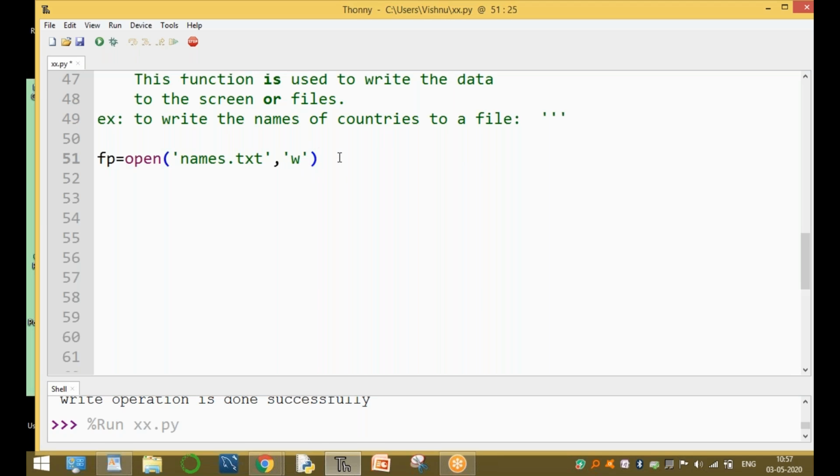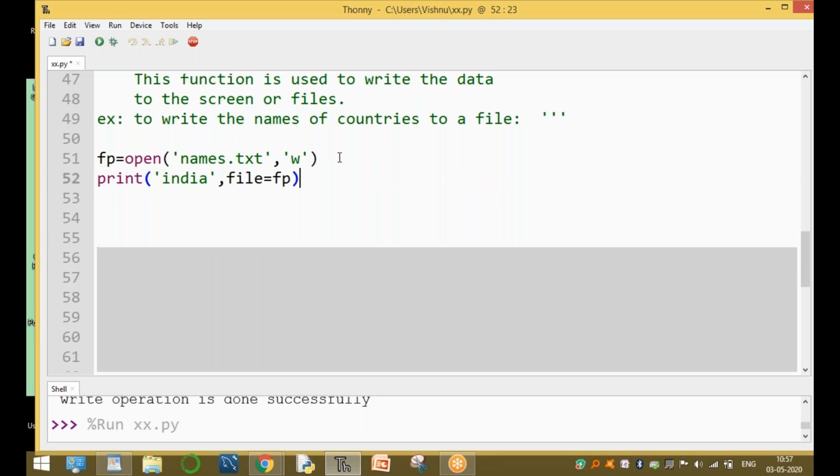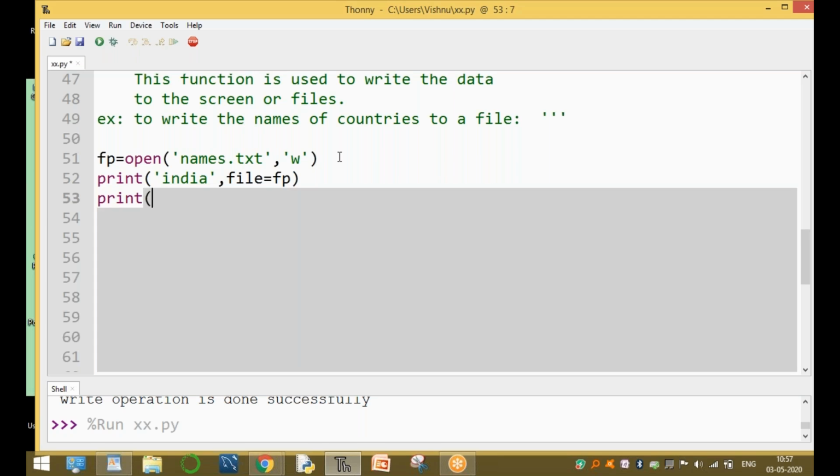Now here using the print function, not only the write function: print of names of country. One country is India, comma, file equal to file pointer. This is the syntax. And print of, for example, China, comma, file equal to file pointer.